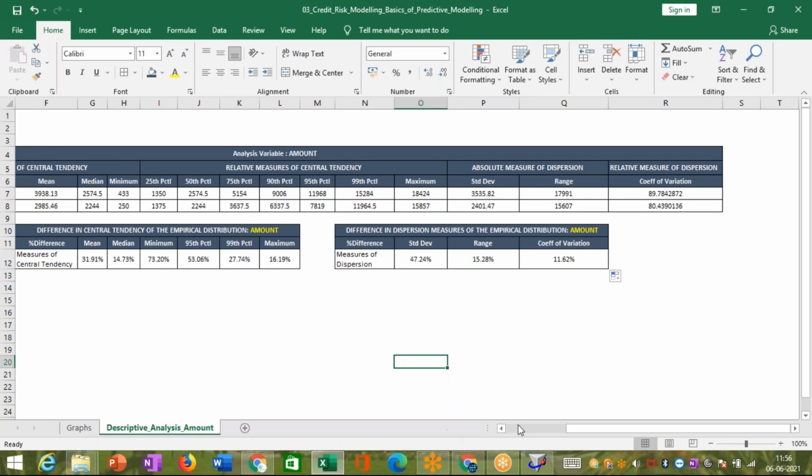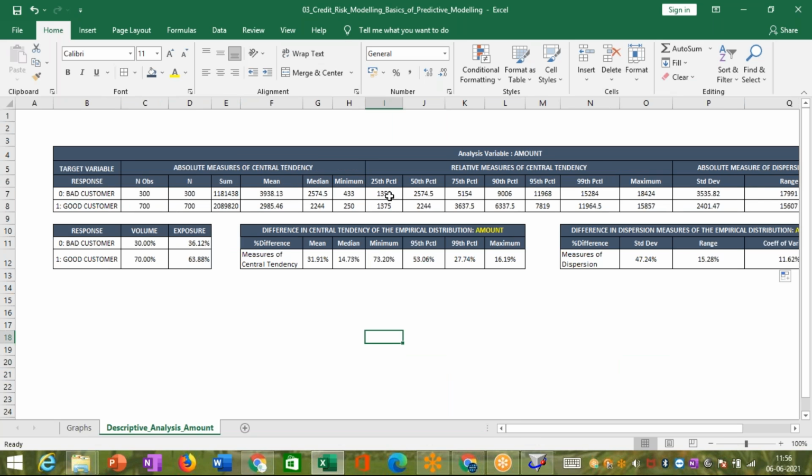So over here, let's further look into the distribution. I have the 25th percentile. What it says is that 25% of the population has applied for a loan of less than 1,350 Deutsch marks, versus for the good customers it is 1,375. So you see that at the lower percentiles the good customer shows a higher value, but as the values increase, the difference between the value of the bad customer and the good customers keeps on increasing,